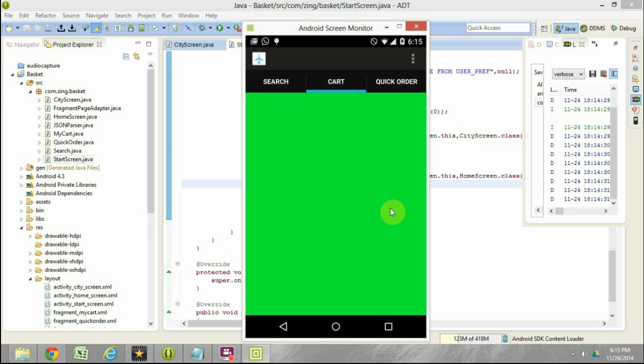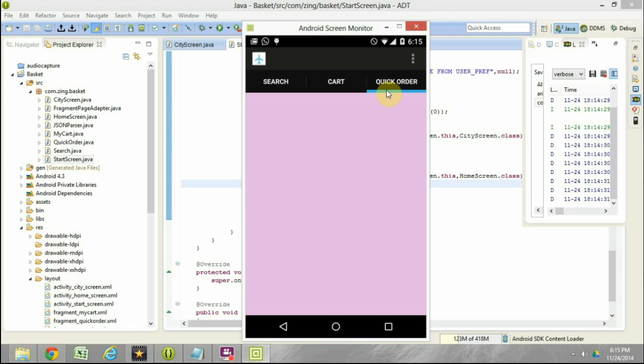swipe left, and as you can see that we have moved to the next fragment, which is cart, and then if I swipe even more, it is moving to the quick order. Now as you can see, this is the selected tab. Now if I do a swipe, this selection moves to my cart. If I do one more swipe, it will move to search. Now this is when we are using the swipe. Now I can also do the same thing by clicking on